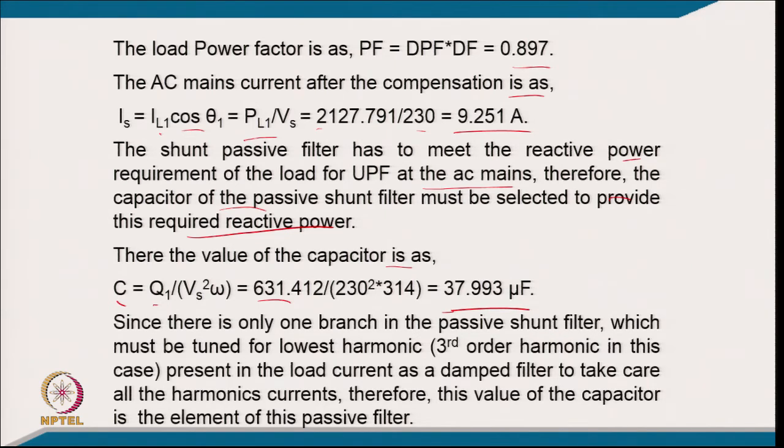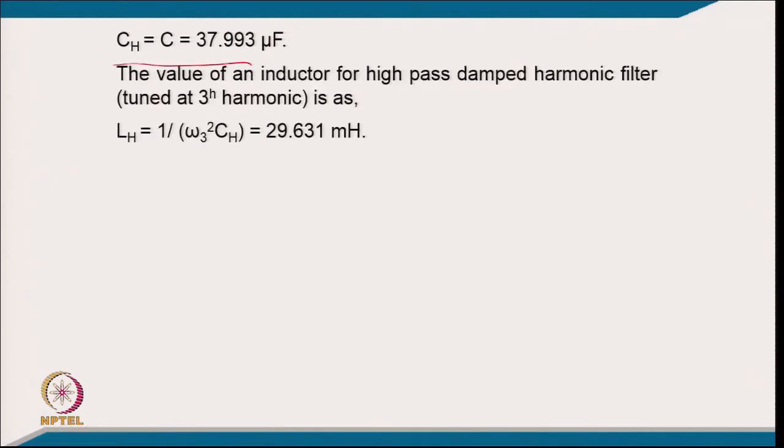Since there is only one branch of the passive shunt filter, which must be tuned for the lowest harmonic, the third harmonic in this case, present in the load current, a damped filter takes care of all the harmonic currents. Therefore, this value of the capacitor is the element of this passive filter. So, only one is there. So, we can call it 37.993 microfarad, and the value of the inductor of the high pass damped filter, which is tuned at the third harmonic, we can calculate. So, this comes 29.631